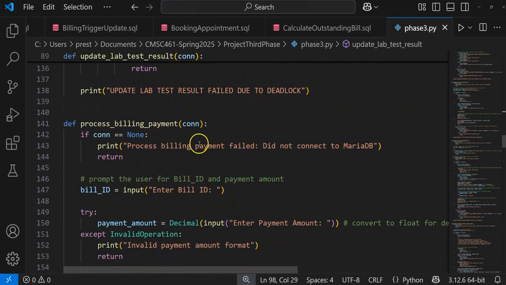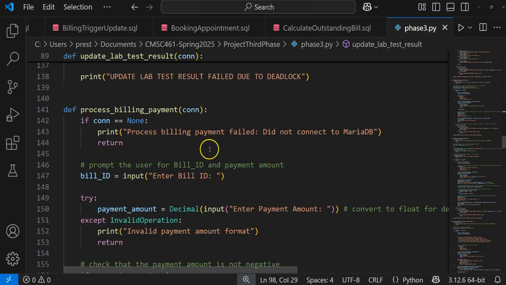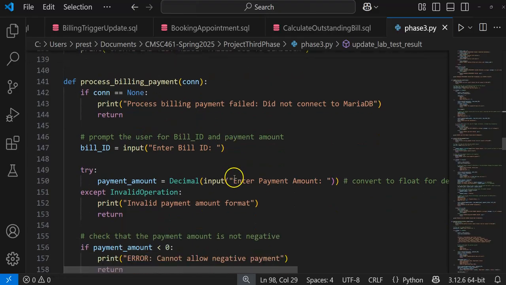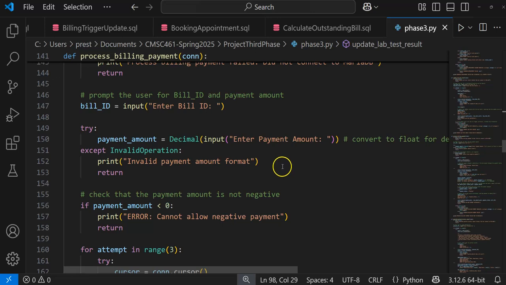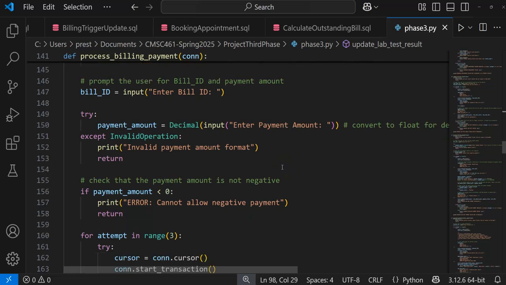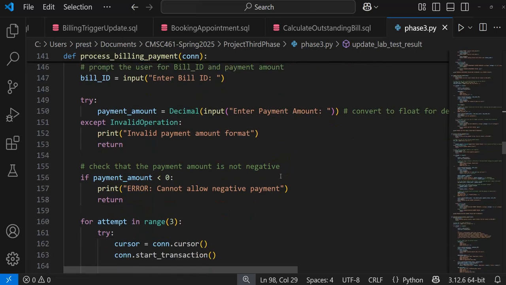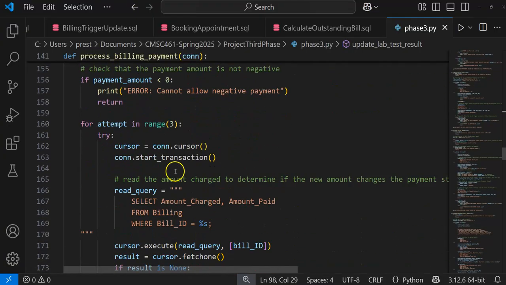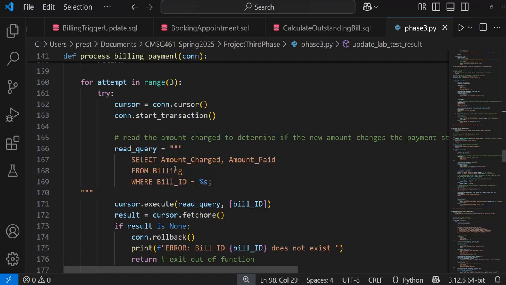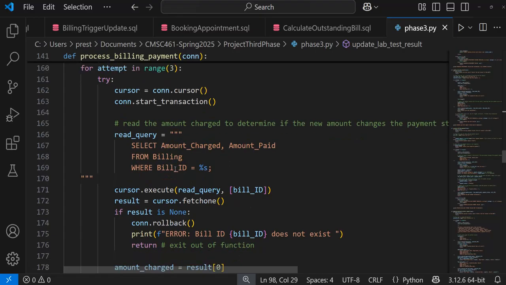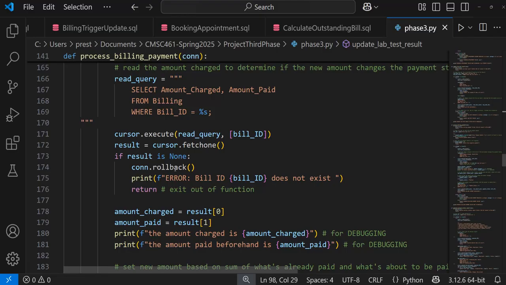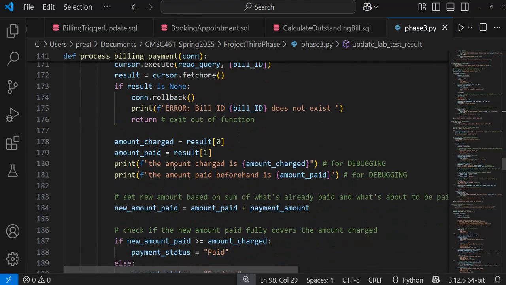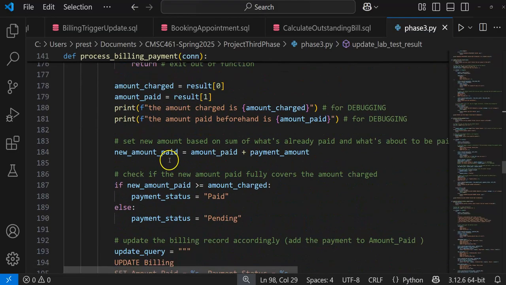The third transaction is process billing or payment. We're going to get an ID and then convert it to decimal, make sure that the decimal actually works and follows the business rules, and ensure that it is actually a valid payment. Once all those checks pass, we're going to query to make sure the bill ID exists, and then